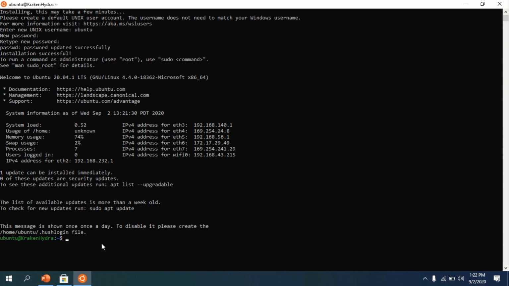So now you are ready to use Ubuntu 20.04 LTS. Let me show you by running some commands like pwd, date, whoami, echo, ps, etc.